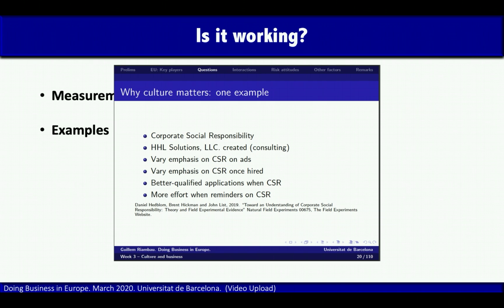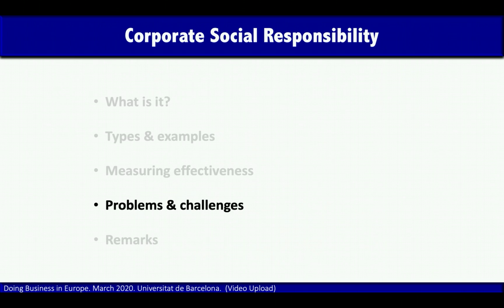And then they realized that, conditional on being hired, people were more likely to work more and better when they were constantly reminded of the CSR, of the social responsibility of the firm. It's related to the Bimbo case: another way to show that these things may matter for the firm and are working well is to see the kind of people they're getting, and again the kind of effort and work they're putting in.